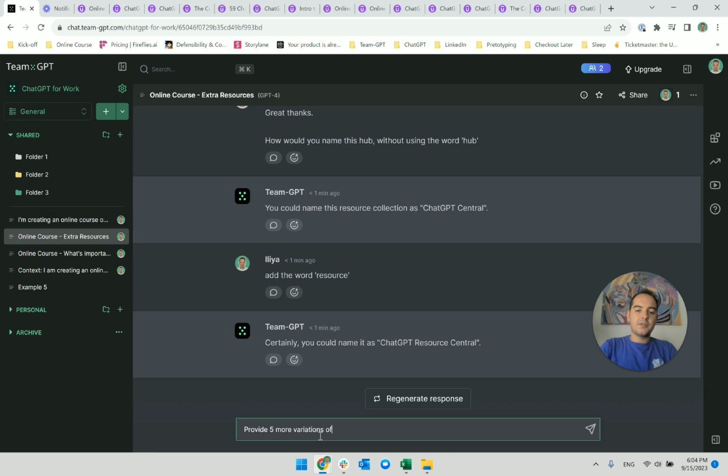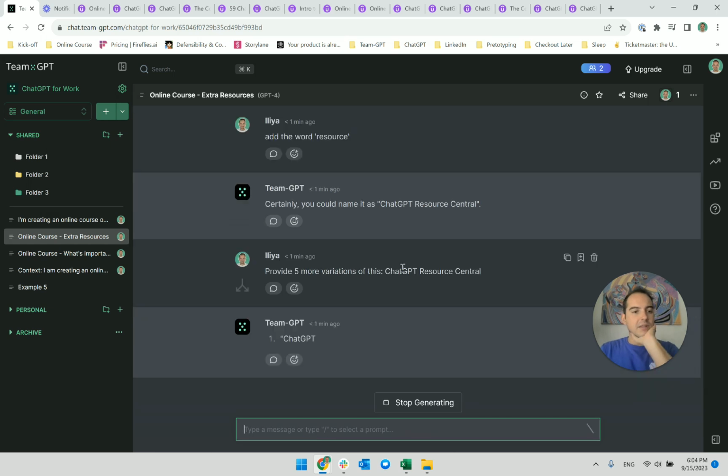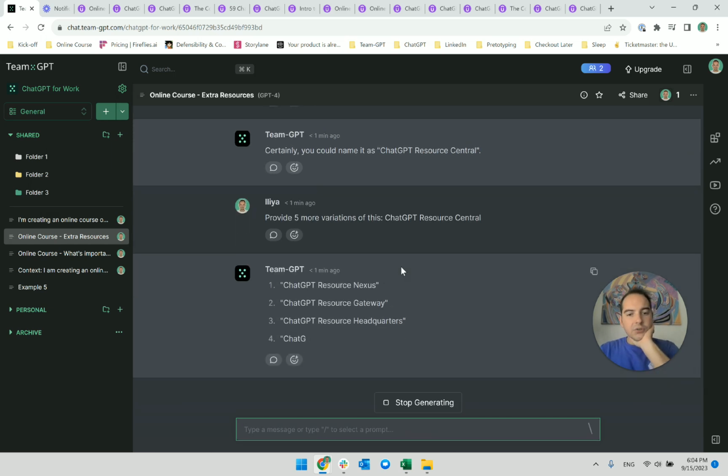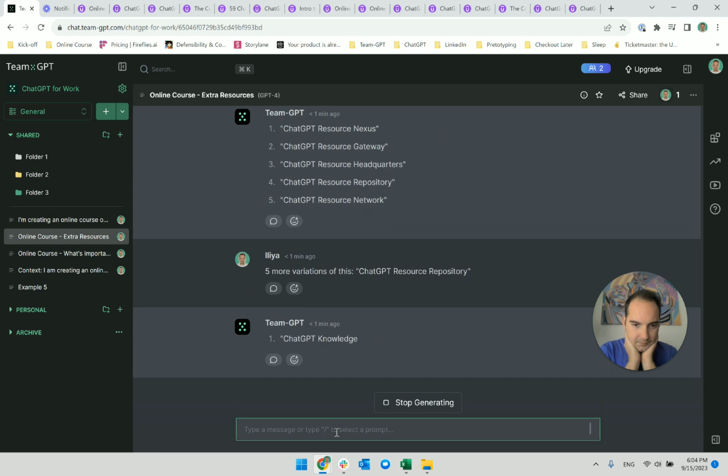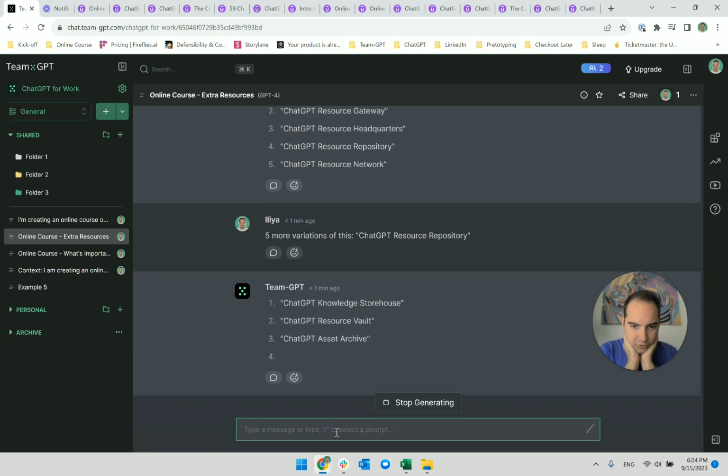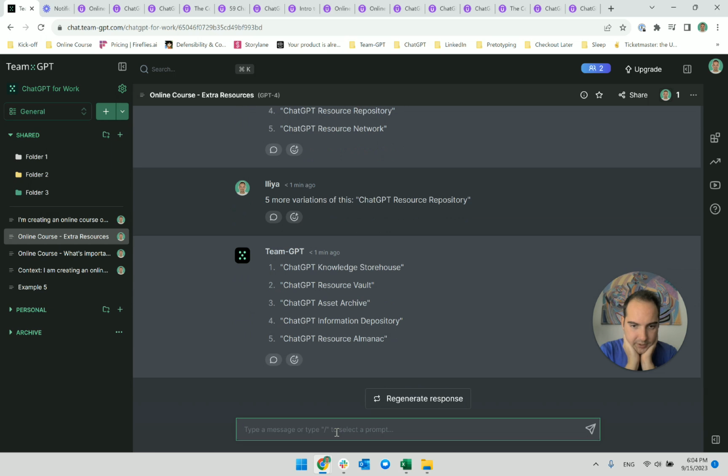Okay, provide 5 more variations of this. Resource Nexus. Repository. Yeah, it's a repo. Headquarters, networks. 5 more variations of this so that we're closer. Knowledge storehouse, resource vault, asset archive, resource almanac. Oh, okay, anyways, I'll figure this out without showing this on video.